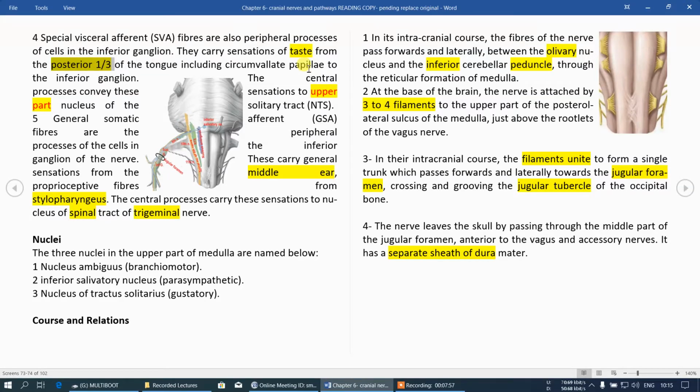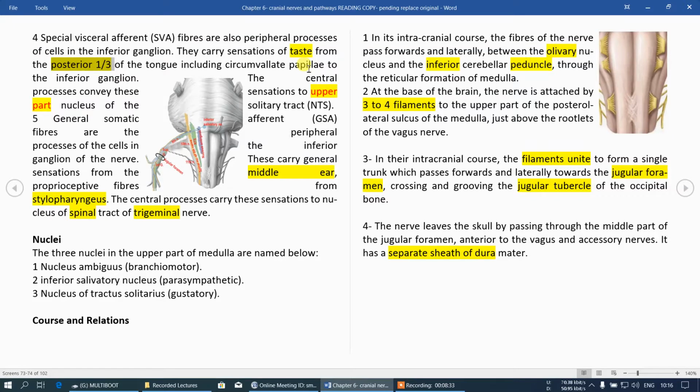Okay. Again, divide the tongue anatomically into three parts: anterior 2/3, posterior 1/3 and posterior most part. And in all three parts you will divide two sensations. One is general and one is special taste. So starting from the anterior 2/3 of tongue, general sensation and taste have different nerves: lingual nerve and chorda tympani. Chorda tympani for taste and lingual nerve for general sensation.